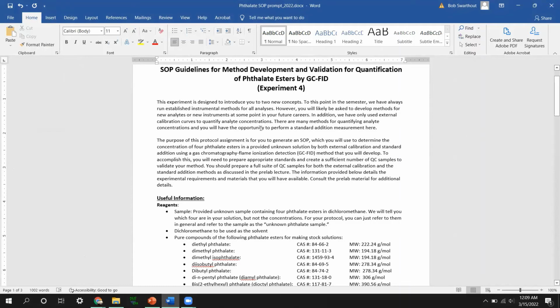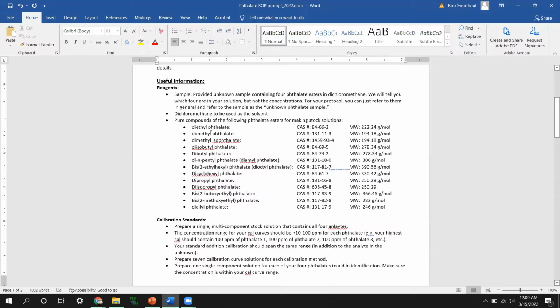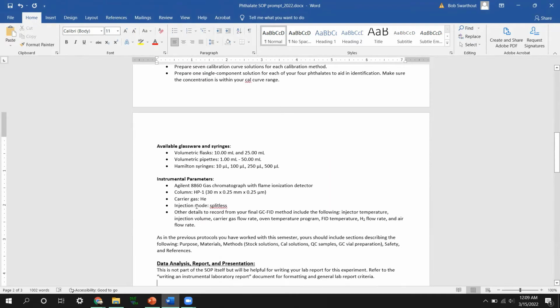So what we're looking at here, it's a very similar document to the last assignment prompt for the IC experiment that you guys wrote an SOP for. And if you scroll down, you'll see all of the similar things. So I've got some information in here about the reagents that you have available, what we're asking you to do for calibration is just what I went over in the lecture there. The glassware that you have available, some instrumental parameters,